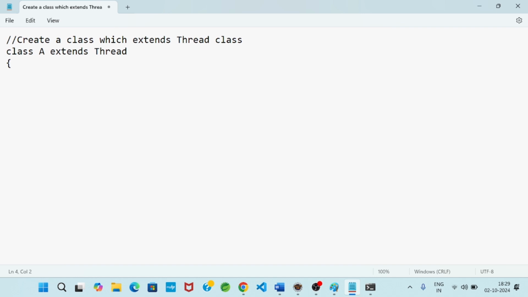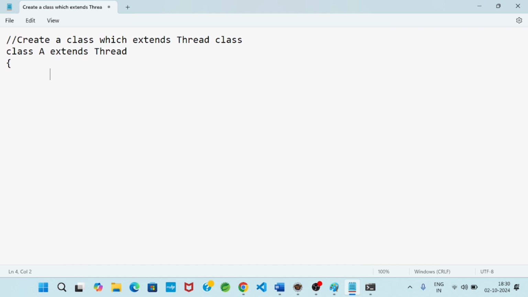Now I can say A is a subclass or child class, and Thread is the parent class. So this is the concept of inheritance. I hope you all know it.